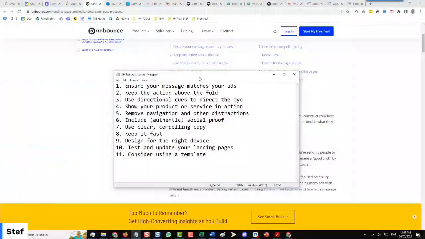Let's switch back to this here. So I put those 11 elements here, and let's quickly go through them. Best practice number one: ensure that your message matches your ads. That's a very important one, because if that's not the case between your ads and your landing page, or your homepage if it's a website,